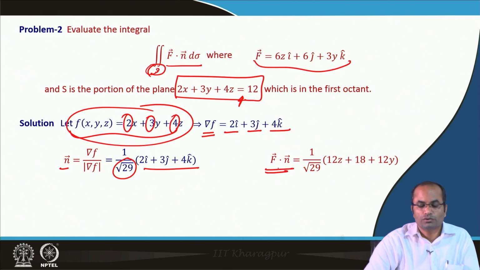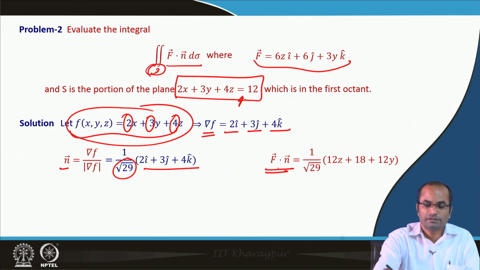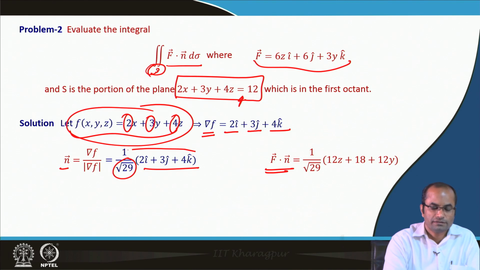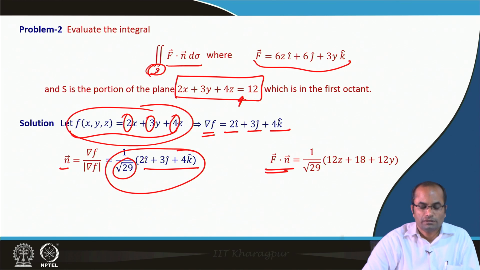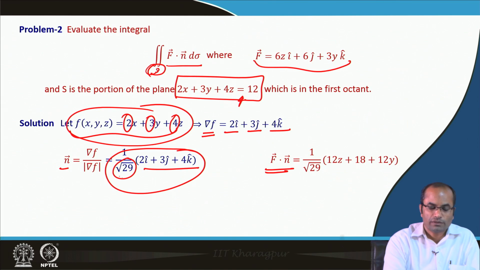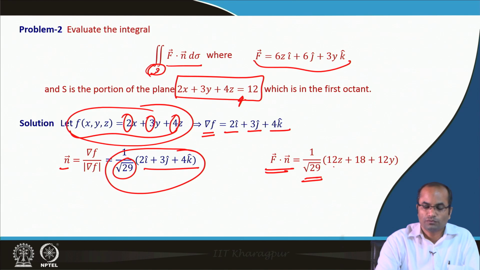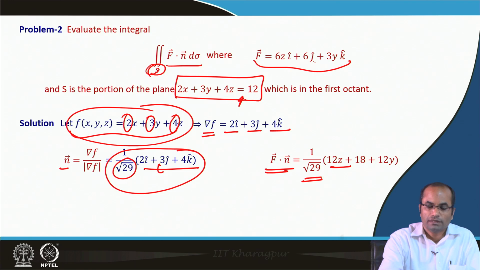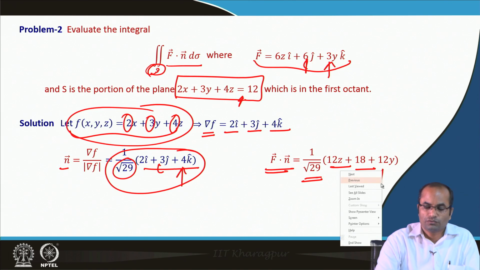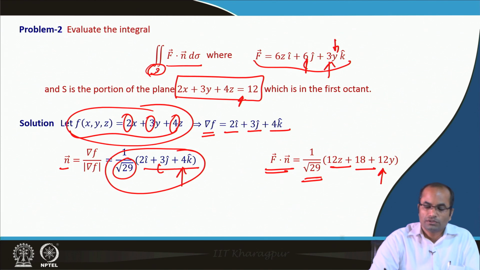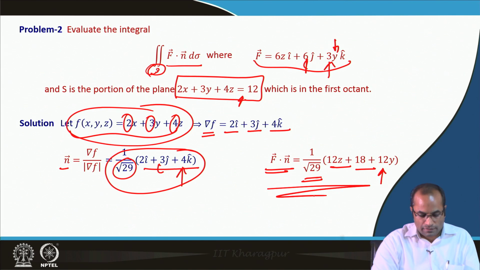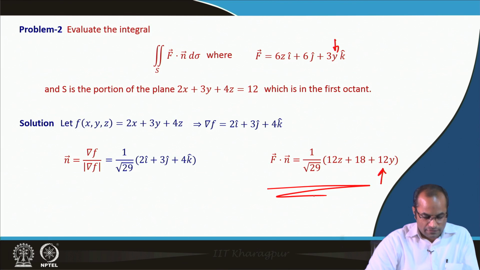Then we also need this f dot n. So f is given there and n is here, so we can compute this f dot n now. So 1 over square root 29 will be coming, and then here 2, there we have 6, so 12z; we have 3 here and then 6 there, so we will have 18 there; and we have 4 and we have 3, so we have 12y from there. So, this is f dot n, and next we have